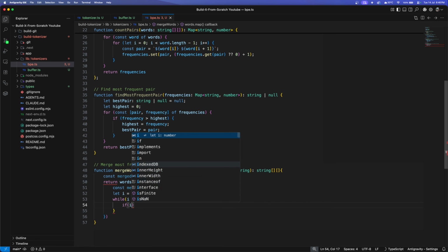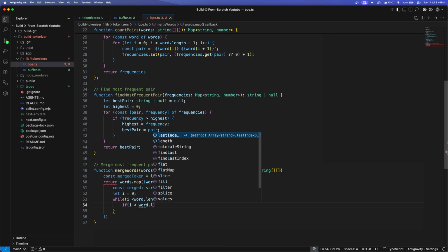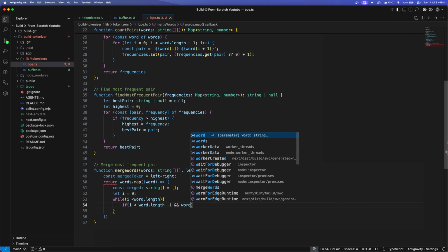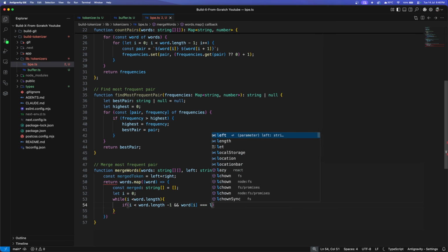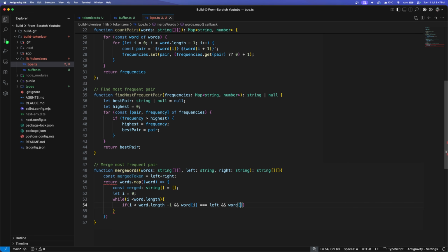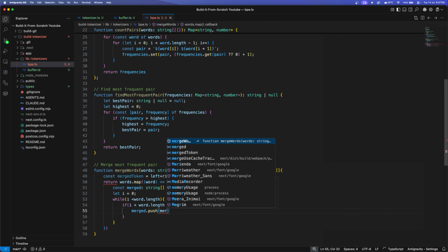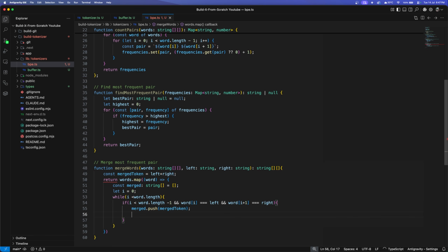if i is less than word.length minus 1, what you need to do, and also we need to add a condition: if the word's first index value is equal to left, and if the word's index plus 1 value is equal to right, then merged.push the merged token. Okay, and increment the i value by 2, i += 2,